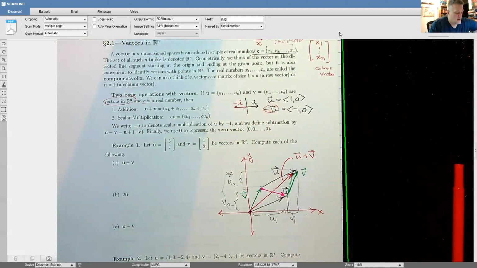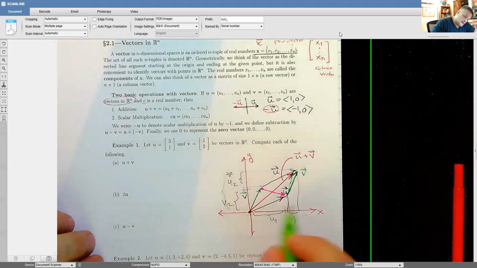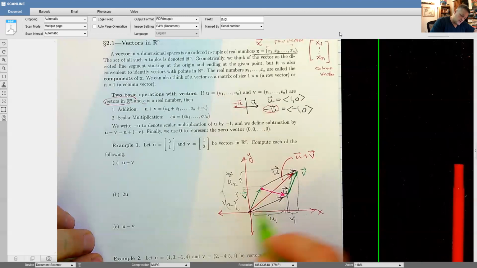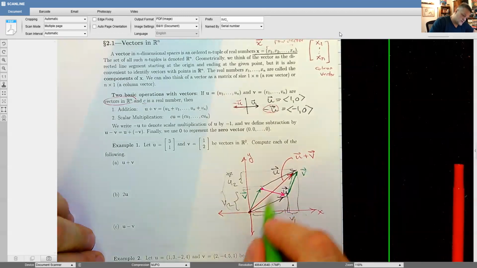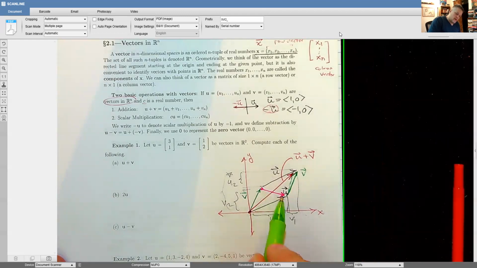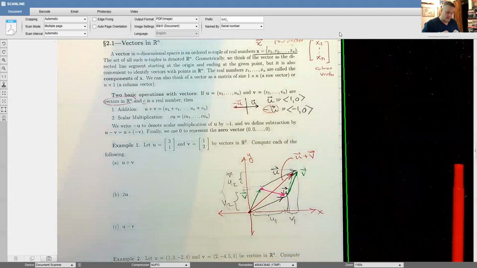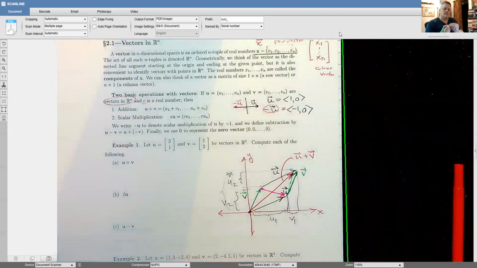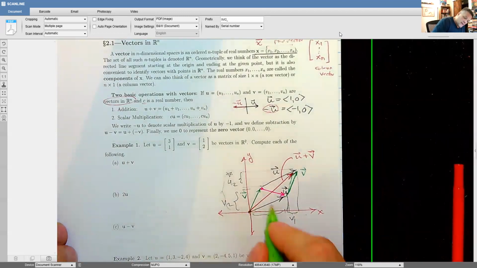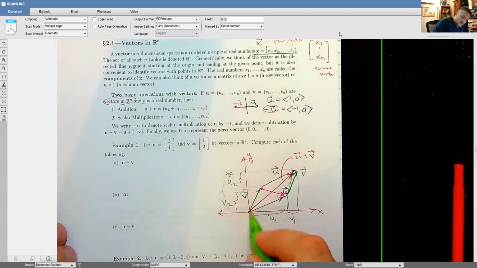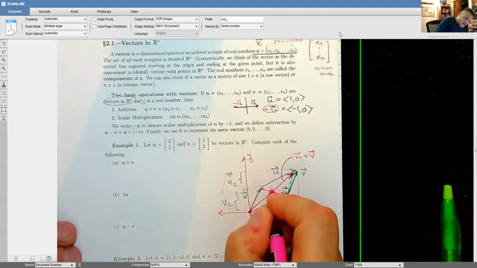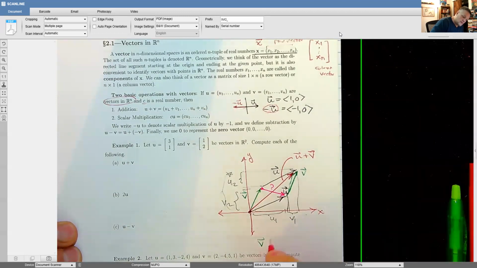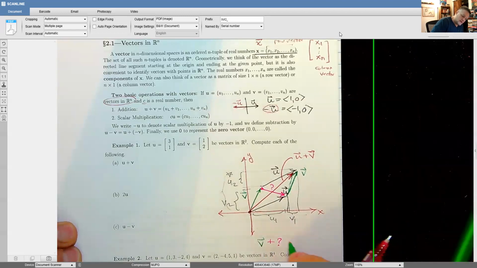I need another colored pen. This was our vector v. This is our vector u, right? So if I want to think of this vector, notice I went, if I were to add these two, so if I add this vector plus whatever this guy is, so I have v plus our question mark vector, that has to equal our vector u,